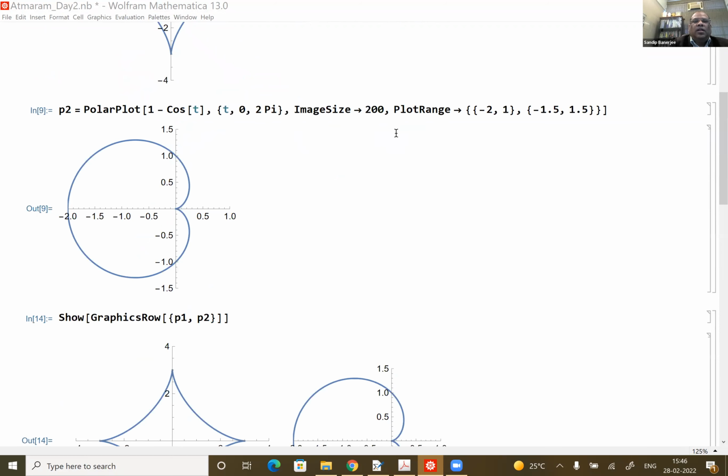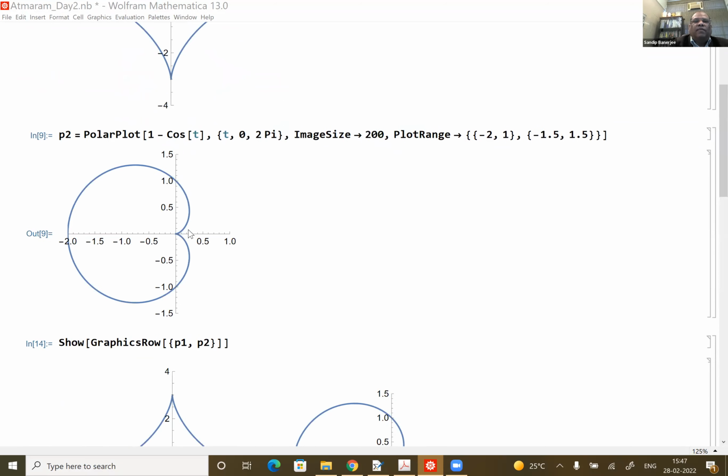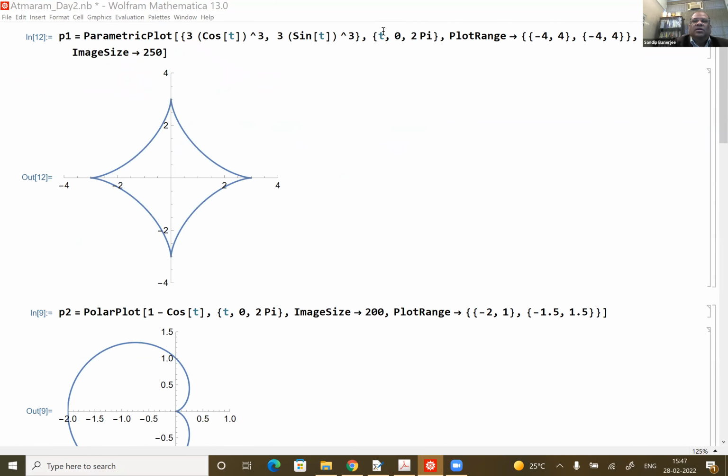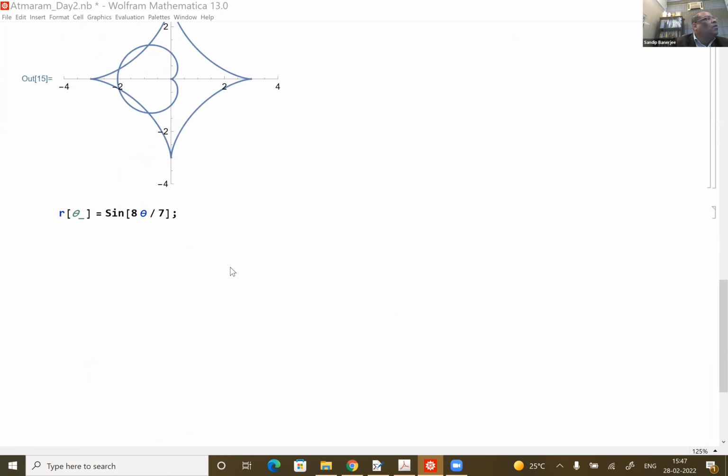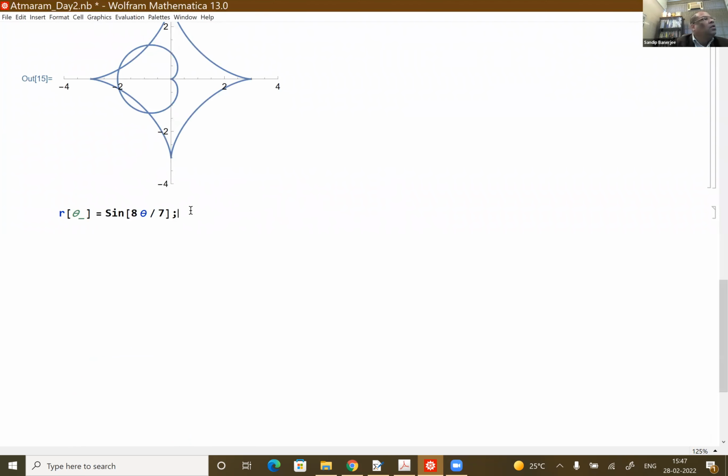So this is in the parameter t, which is in radian. So I have kept both of the graphs. This is also parameter t, this is also in radian. So by measurement, these two are the same because your parameter is varying from 0 to 2 pi. Here also it is varying from 0 to 2 pi. So I guess this is fine. Okay. Say